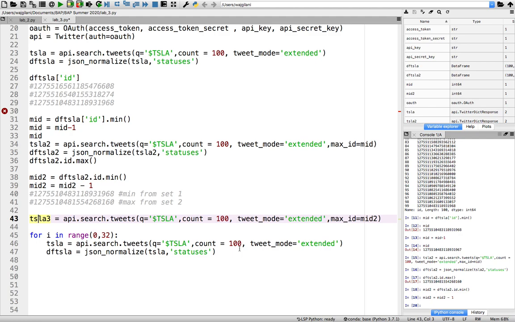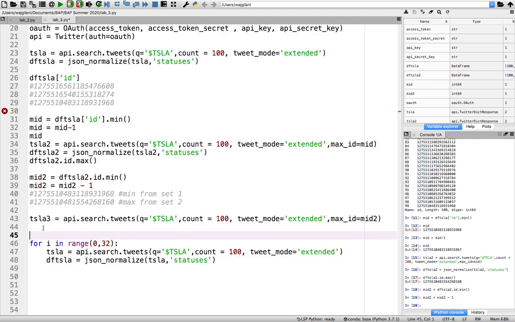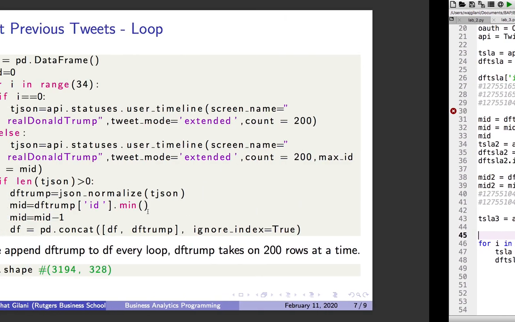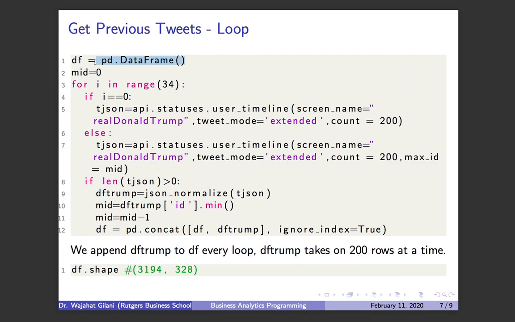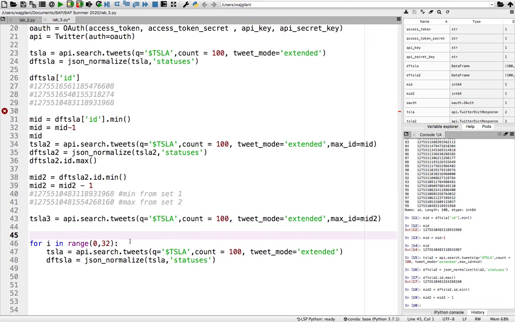Now, if we come back here, we start off with the first Tesla search I do. And we normalize this table. Done. It's at this point that outside of this, I'm going to create an empty table. I'm going to create an empty data frame. And that's what you see here in line 1. I'll call it df_all in this case. And it's literally